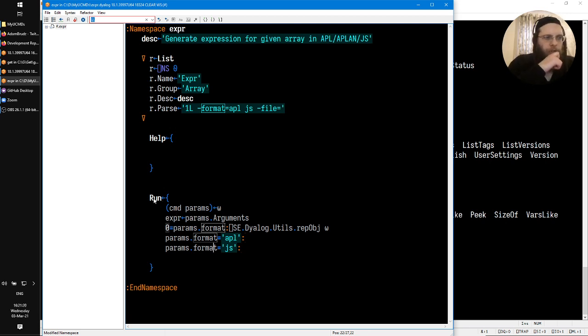RGS is asking, shouldn't the rep obj be applied only to CMD? Well, CMD is irrelevant here. I'm applying it. S. Kruger says, should rep obj on omega? No, you're right. It shouldn't be omega, and it should be CMD. It should be on the expression, and we'll get back to that exactly what it should be. But yeah, thank you for noticing. It's not omega,